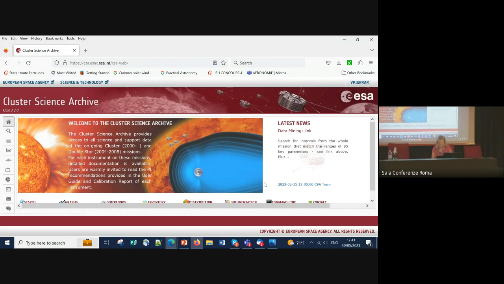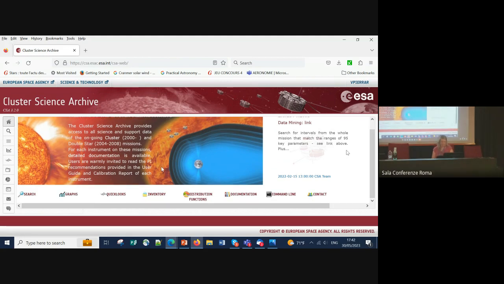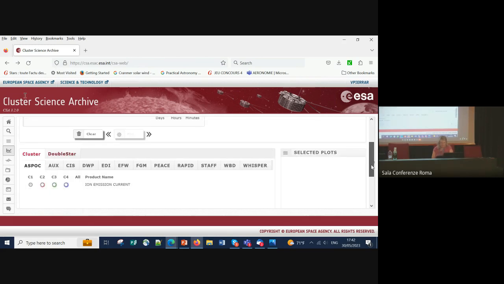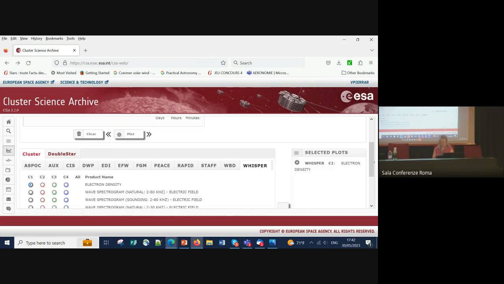Okay. And then you have, in fact, all the Cluster observations, not only the instrument WHISPER, but we are interested, for instance, in having some graphs, and especially Cluster. We want, for instance, the instrument WHISPER, because that is what I mentioned. Thus, you have the 4 spacecraft. Let's take the 4 spacecraft, electron density here, or the wave spectrum,